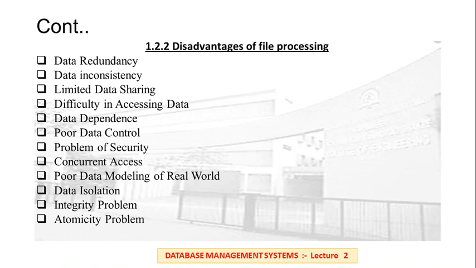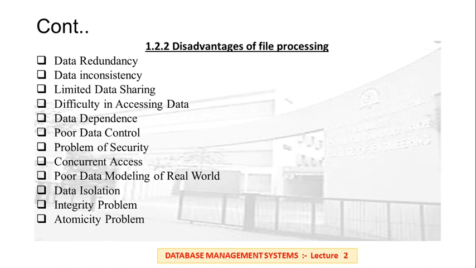Two files are there, one is the employee file and another is the team file. Suppose the data changes in the employee file, it must be changed in the team file also. But suppose this does not happen, then it is called data inconsistency. The same data is not present in both files, that is the employee as well as the team files, so for the same employee we may get different information, which may create problems in processing the data.